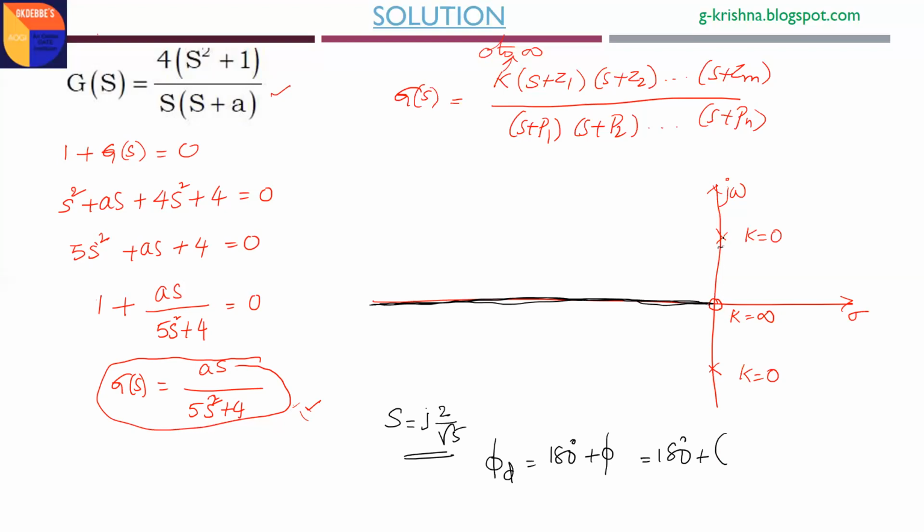So this zero will make an angle of 90 degrees for this imaginary root. This pole also will make an angle of 90. A zero gives a positive sign; a pole gives a negative sign. And we get the angle of departure of the imaginary root j2/√5 as 180 degrees. So this pole will depart with 180 degrees. What about the conjugate pair? Also minus 180 degrees. These two poles compulsorily break away in between 0 to minus infinity.